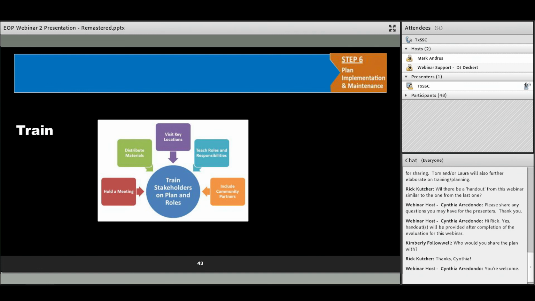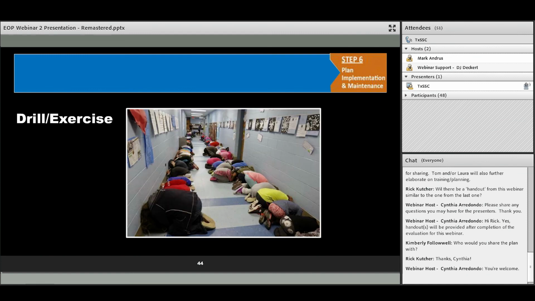But including your community partners, the last thing you would want is someone not understanding the emergency procedures and only finding them out once law enforcement or a responder like the fire department arrives. You want to make sure that they know what to expect and you're doing the kinds of things that they expect. But one of the biggest components we're going to have is drills and exercises. And we can't emphasize this enough. It is part of the plan implementation and definitely part of the maintenance, because your plan will evolve a lot based on your after-action reviews and results from your drills and exercises.